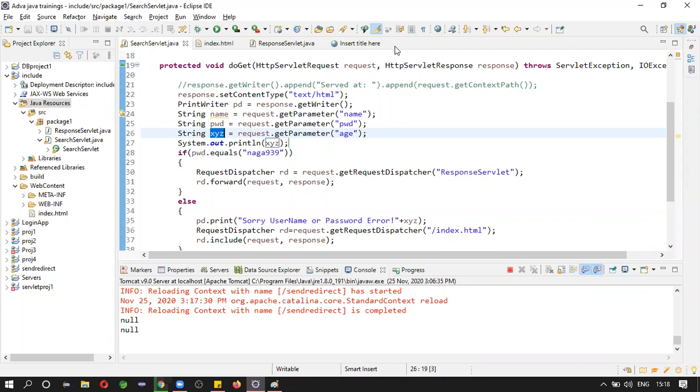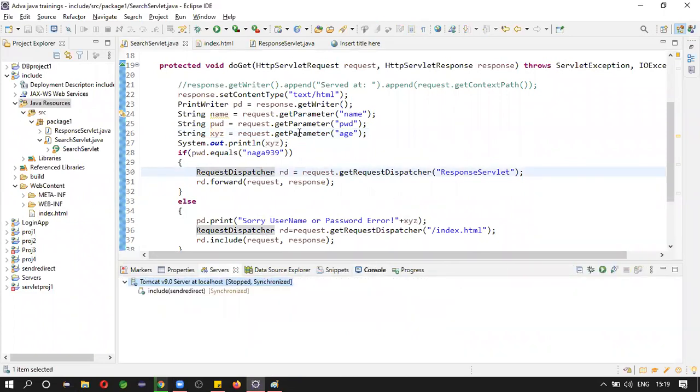Let us see how many will answer this question. Only one person. The default value of the string data type is null, so that's why we are getting null here.